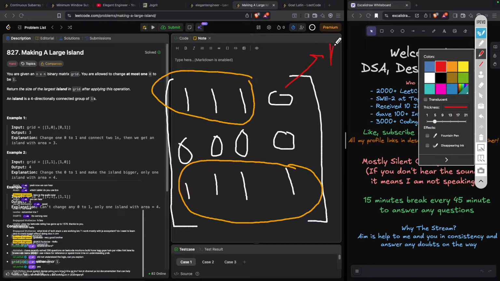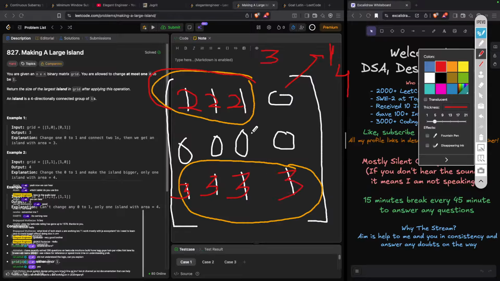Okay, let's say that I made this one, right? So in that case, this whole thing will become 4, right? Now I don't have any other option, right? Or I can change this one, then this will become 5, right? All of these are options. Now what I did first is that when I was traversing, the size of this will come 3, and I said that everything in this node has an ID of 2. So I changed this to 2, changed this to 2. With this, I know that these all belong to the same island, right? Now I'll be traversing this and everything in this became 3. So this is 3, this is also 3, this is also 3, right? So these are both different islands.